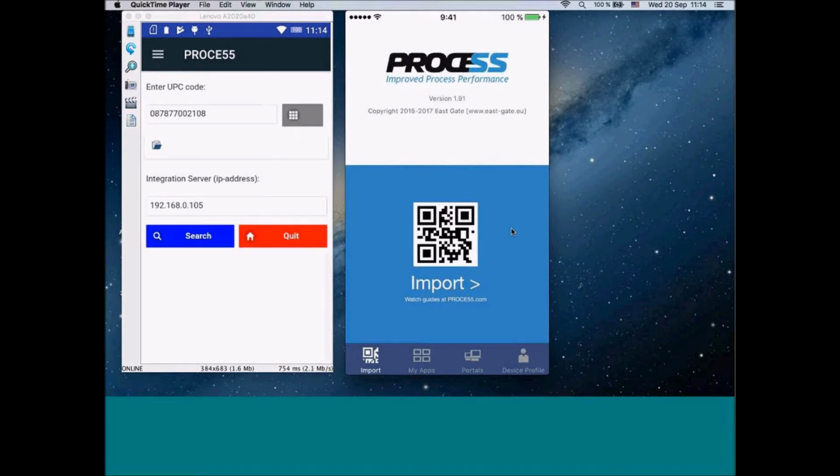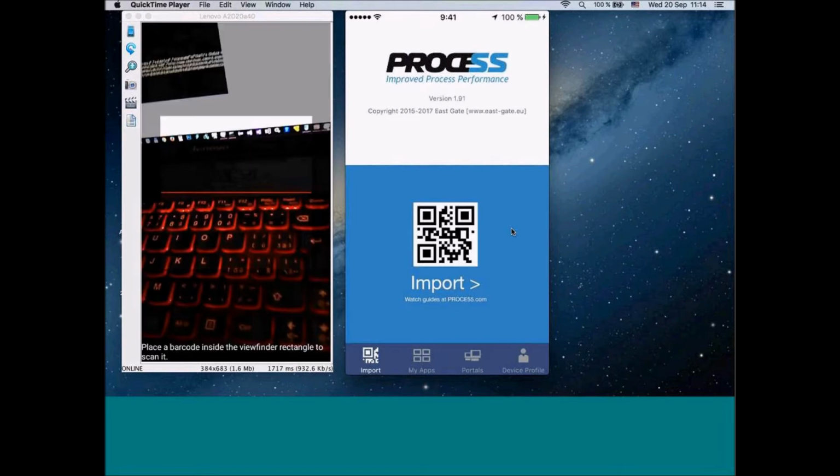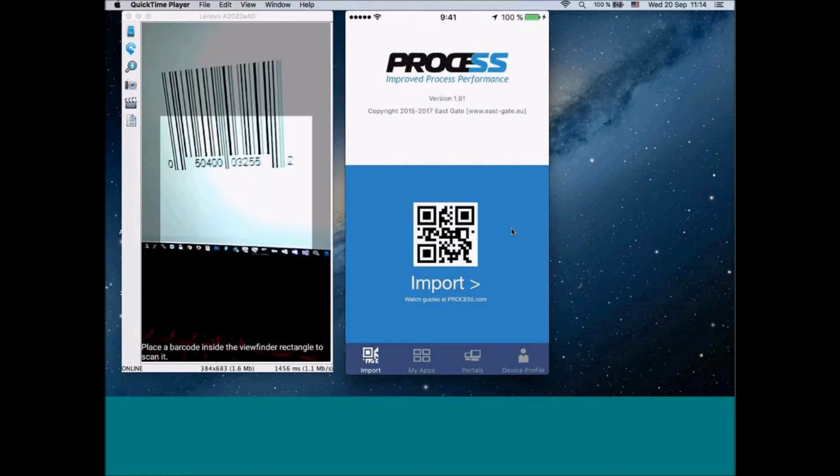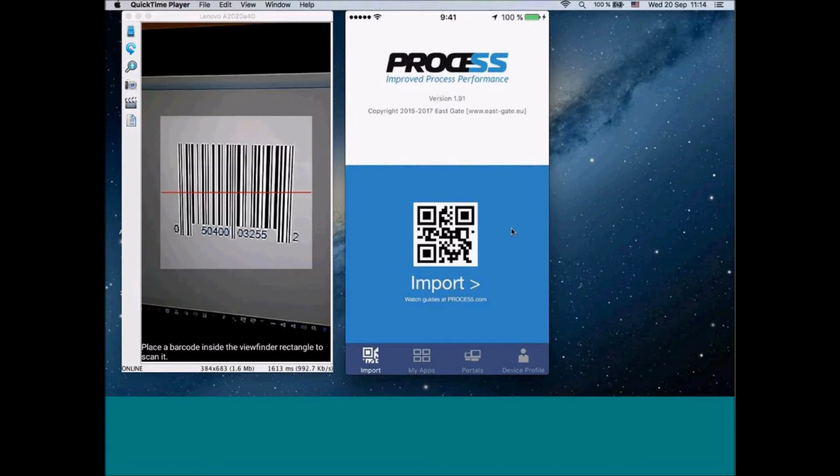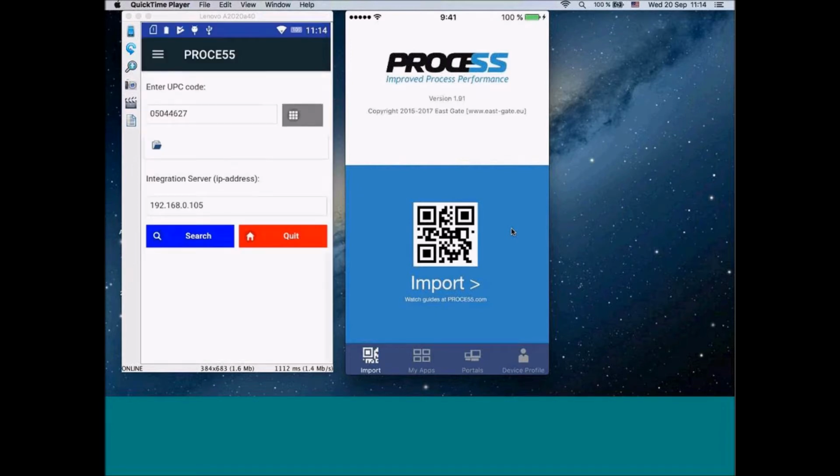Okay, now I can scan the barcode. I can also scan it off my screen here. See that I scan the barcode. Okay. Now the value from the barcode jumped directly to my text input here, and I will press the search button, which will call my service on my computer, hopefully,